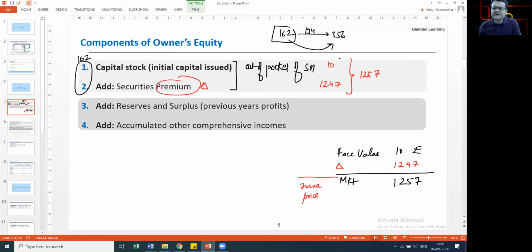In India, the face value could be 2 or 10. Well, you don't have to really get into that. Whatever is the face value, that's the basic denomination. Anything over and above that is your securities premium. In some markets, we also call it additional paid in capital. Securities premium is an Indian name.